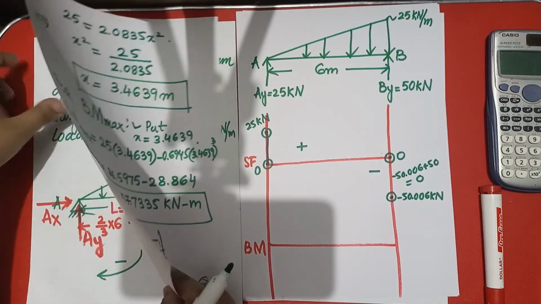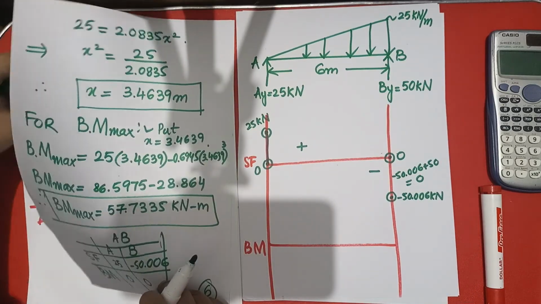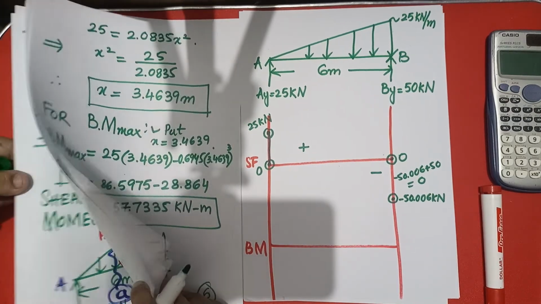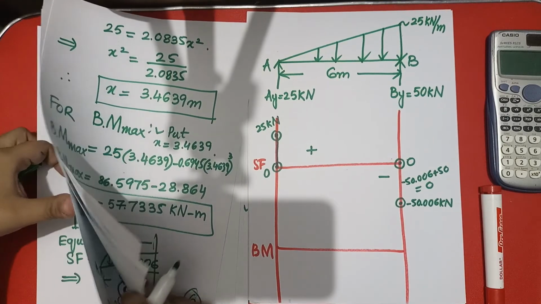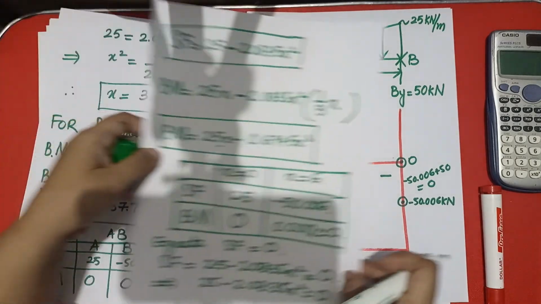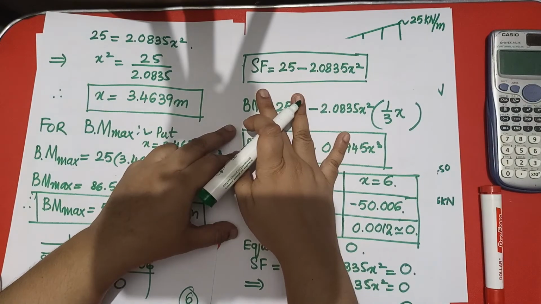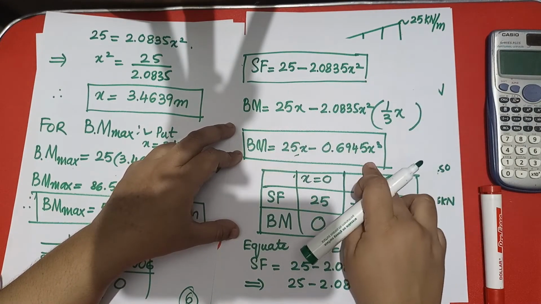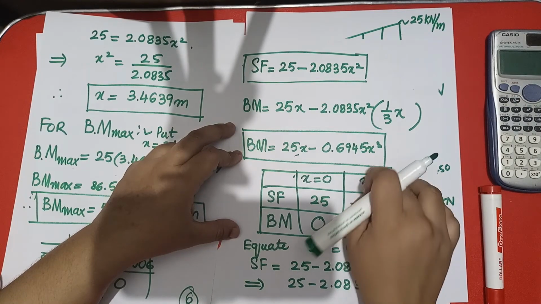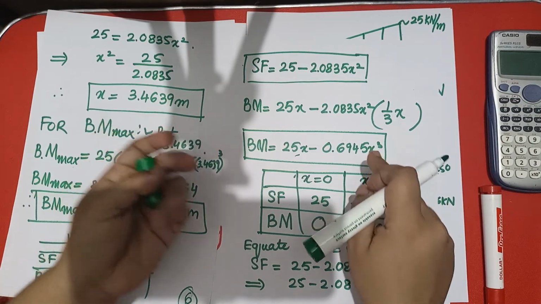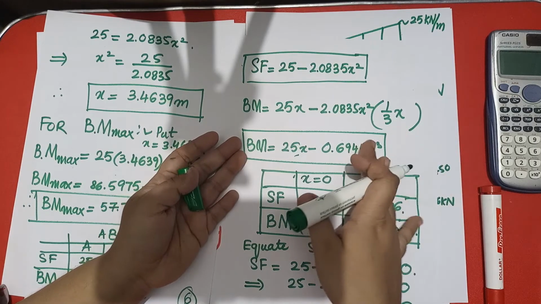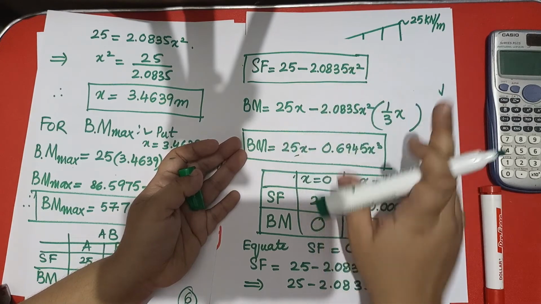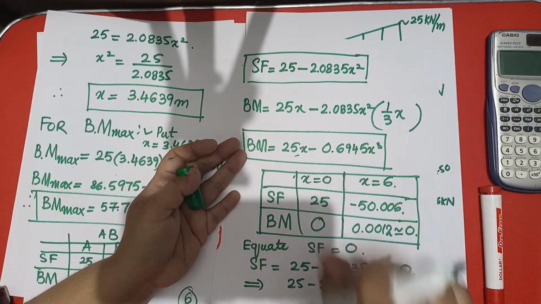Why is it so? Because we have a shear force equation here, and let me tell you what the shear force equation is. I have done numbering over here, so it makes it clearer to all of you. Look here, this is the shear force equation, and this one is the bending moment equation. One has x raised to the power 2 and the other has x raised to the power 3. So whatever diagram I make, the bending moment or shear force diagram should be a curve, but this curve should be a second degree curve, and this curve should be a third degree curve.